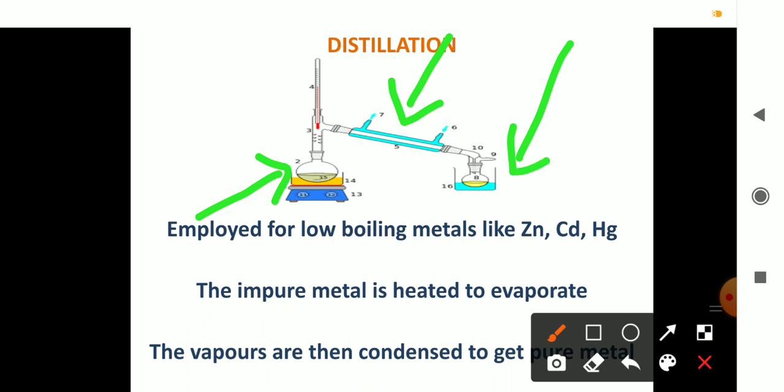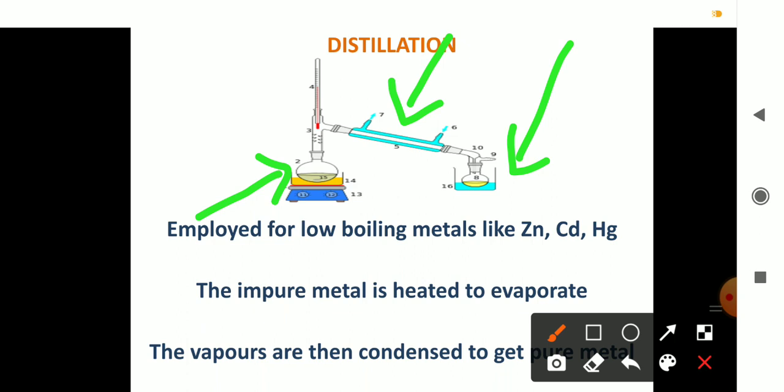So this is the picture showing the distillation process. I think you might have a better understanding about distillation. Are you able to understand, students, what we have done now? The impure form of the metal is taken in the round bottom flask and evaporated. While evaporating, only the pure metal is evaporated and it is allowed to move through the reflux condenser, where the vapor state of the metal is cooled and converted into liquid state, so that the impure metal now becomes purified.